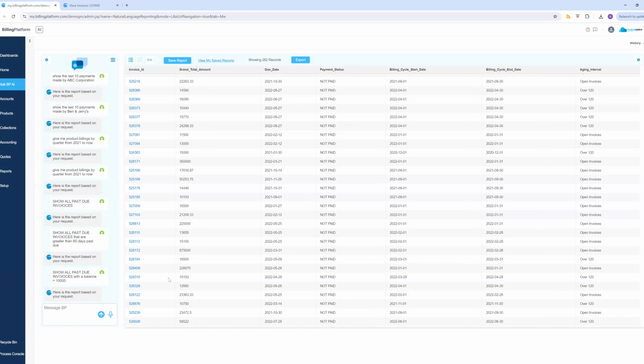All right. So now I have invoices showing me the grand total amount and the status that's not paid, and it's not showing me the actual balance due though. So I want to ask for that explicitly. So I'll say greater than 1,000, greater than 10,000, include